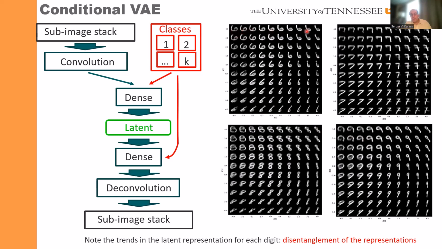Once you move to the right, they become narrow. At the same time, if you move top to bottom, you see that here they're all tilted to the left, and as you move down, they become tilted to the right. And this behavior is the same for all our digits, all 6s, 7s, 8s, and 9s. You see that they are almost similar. So this is what the disentanglement of the